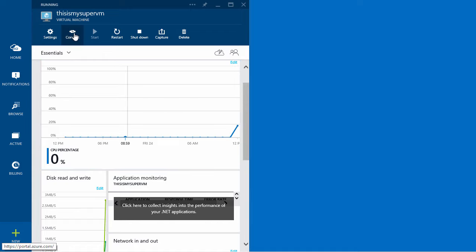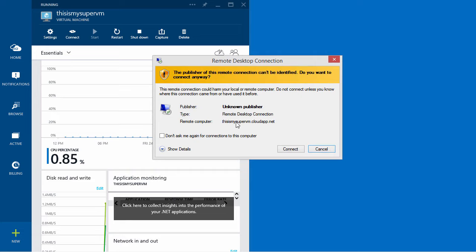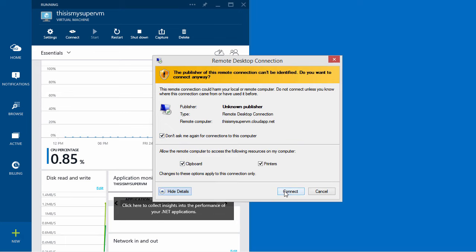Now I'm going to click on Connect here in the corner. And this is going to let me remote desktop into this machine over the internet. When I click Connect, it downloads an RDP file, remote desktop file. And it's asking me if I want to connect to my Super VM. I'll hit Connect,